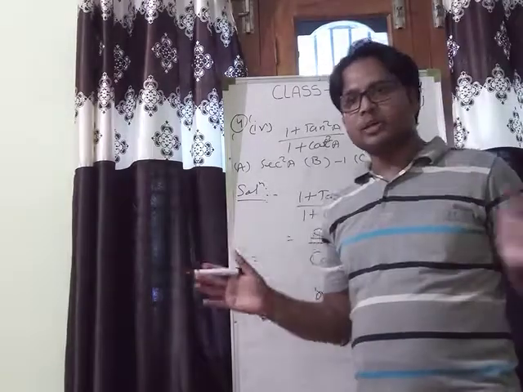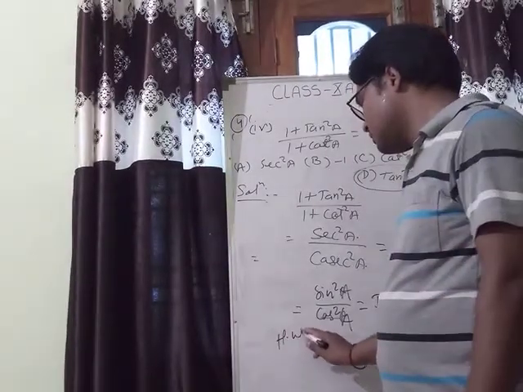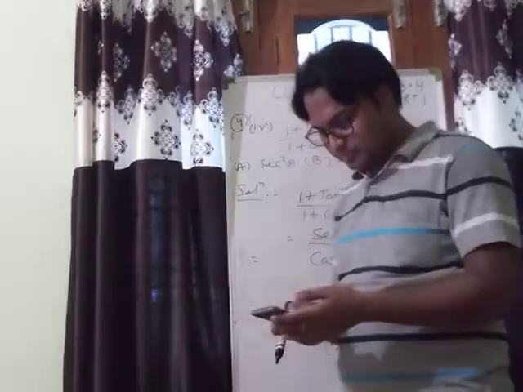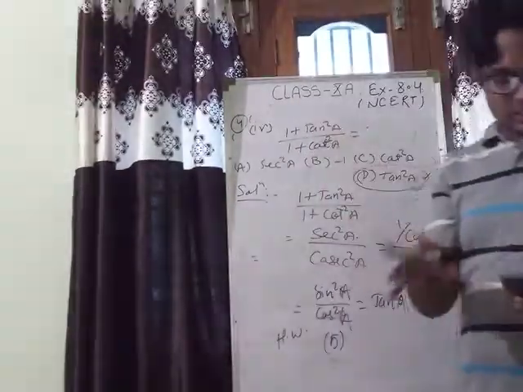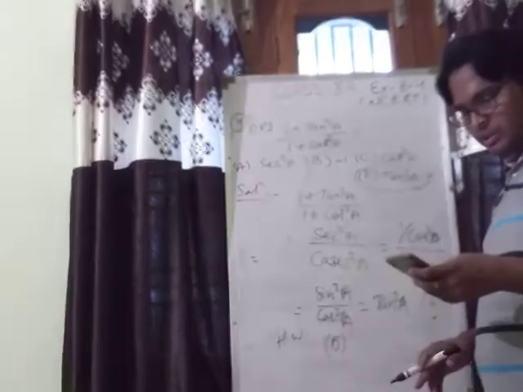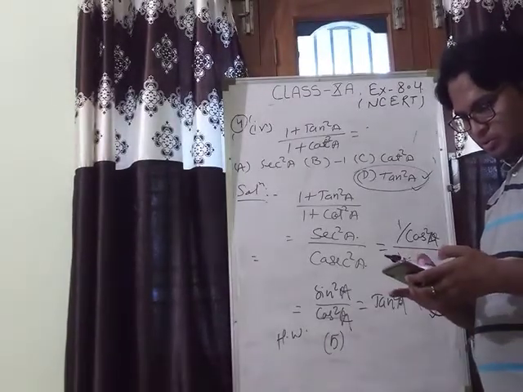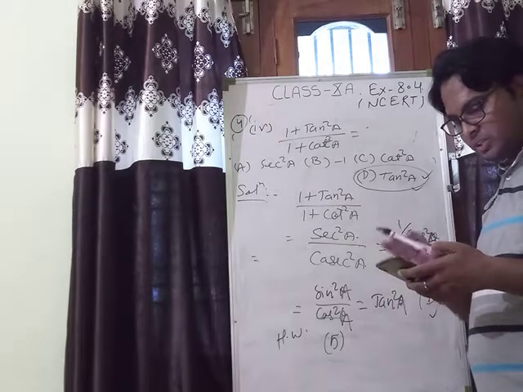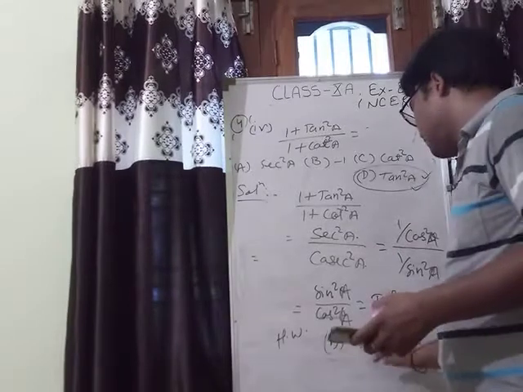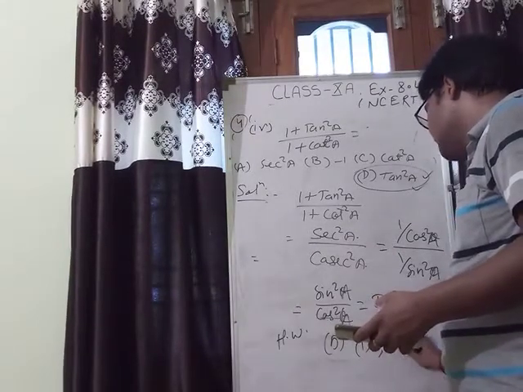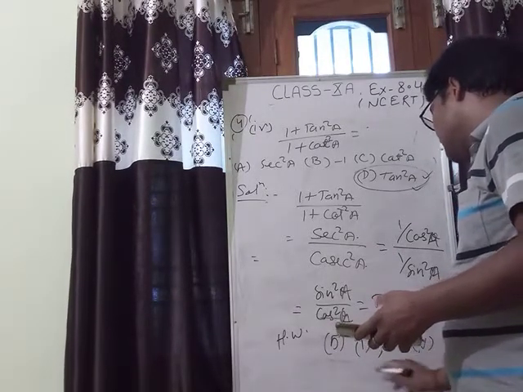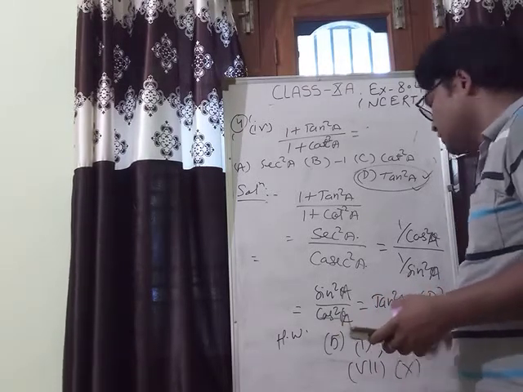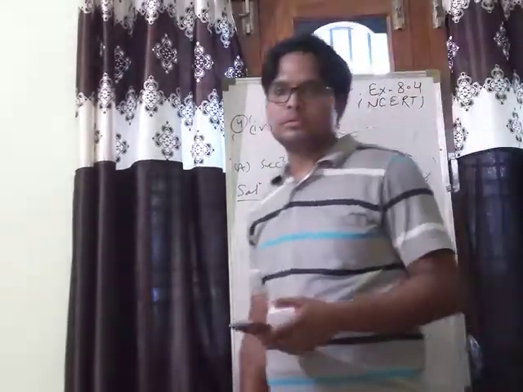So that is enough for today. I am going to give you homework. Question number 5. There are many parts in question number 5. I left a few questions, that will be also homework for you. There are 10 parts in question number 5. So solve first one, third one, fifth, seventh, tenth. Okay. So these 5 questions will be homework for you. Thank you so much.